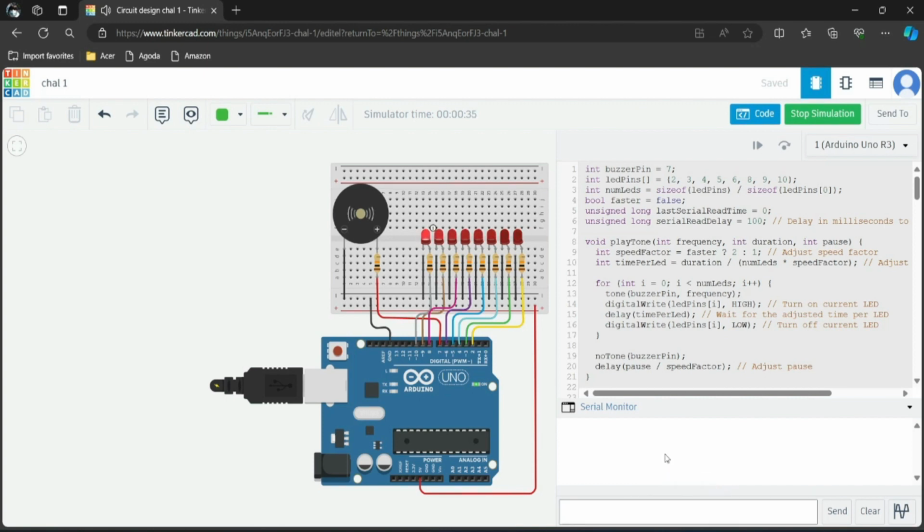Now let's try to make this program faster by inputting number 1. So it became faster. Now let's try to bring the speed into its normal state by inputting 0.